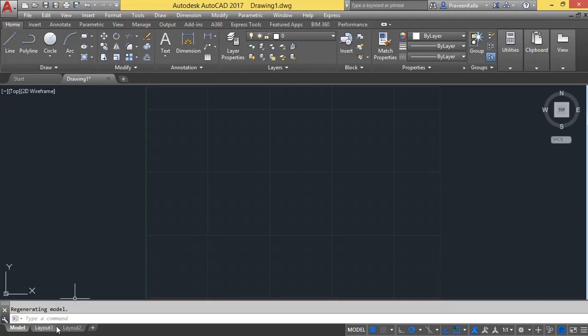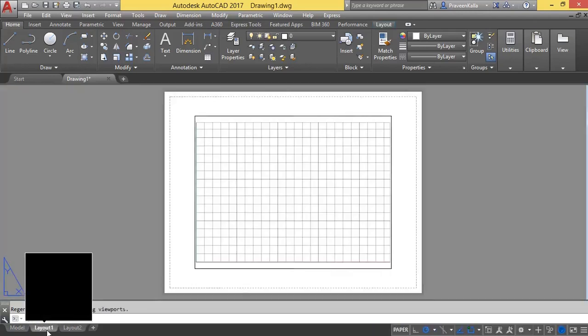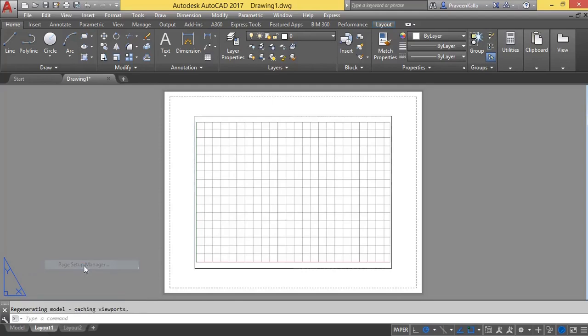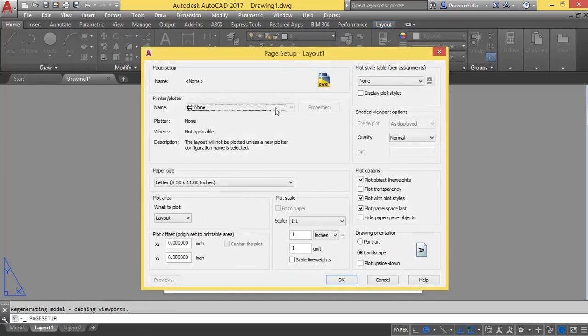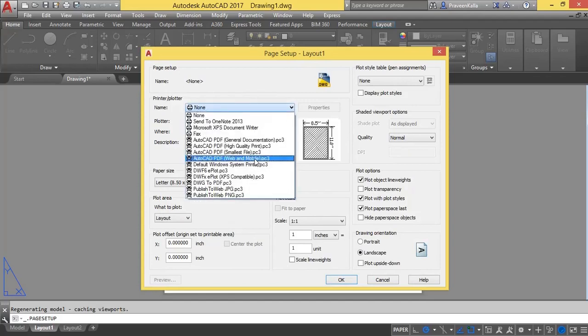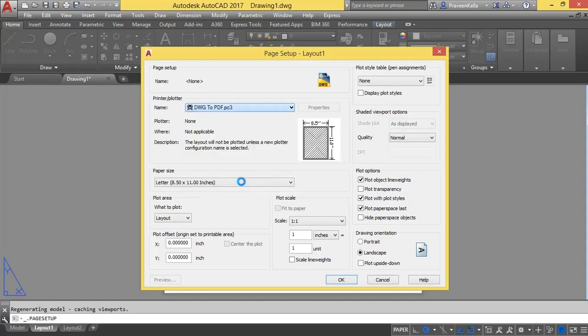Now move to layout. Go to page setup manager, modify. Now select the printer. As no printers are attached to this system, I am selecting drawing to PDF conversion.